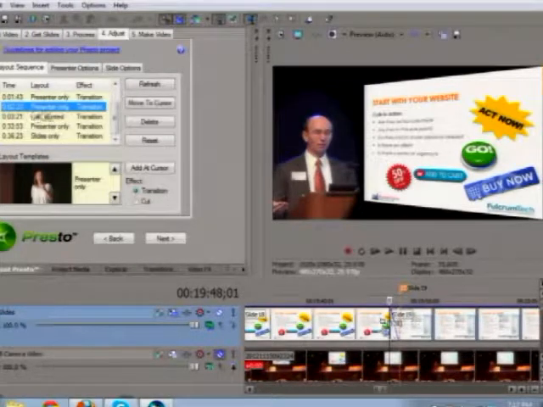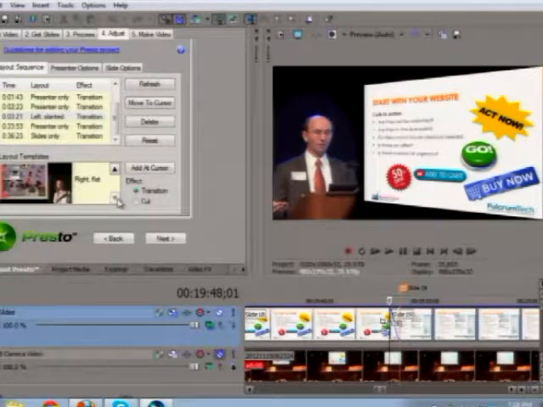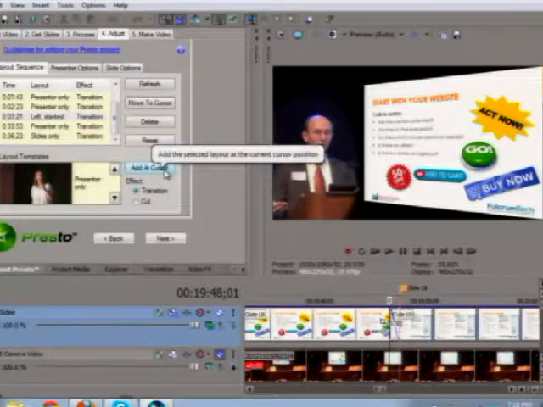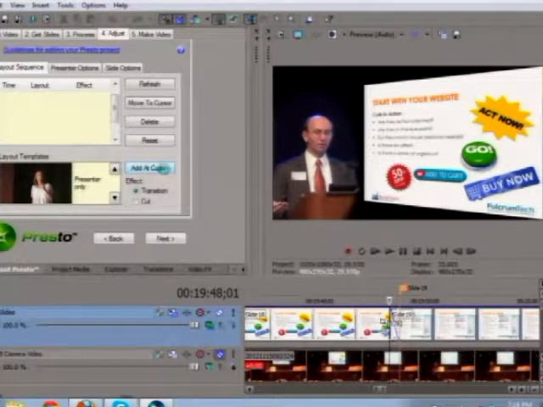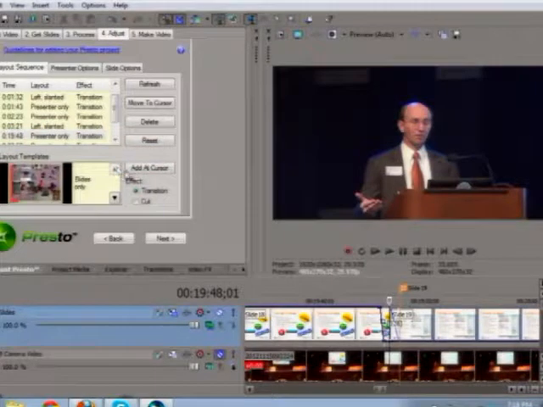You see at 2:23, it's showing just the presenter. At 3:21, it goes back to a left side of the screen with the speaker with a slanted screen. But at any time, you can add another effect by just choosing the one you want to add. So if you want to go at this point and turn this into a presenter only, and I click Edit Cursor, and it should, there you go. It just takes the slide away, turns it into a view of the speaker. If I want to change that to a slide only, I can change it to slides only,